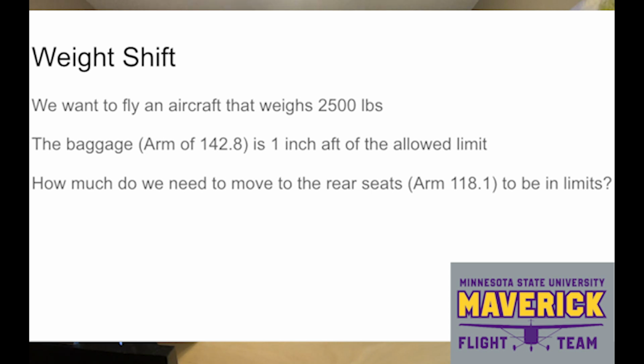Now let's say that we want to fly an aircraft that weighs 2,500 pounds. So this looks like the information for one of our Archers here at North Star. So 2,500 pounds, about max weight. So let's say the baggage arm is 142.8 and we're about 1 inch aft of the allowed limit. How much do we need to move to the rear seats, which has an arm of 118.1, in order to